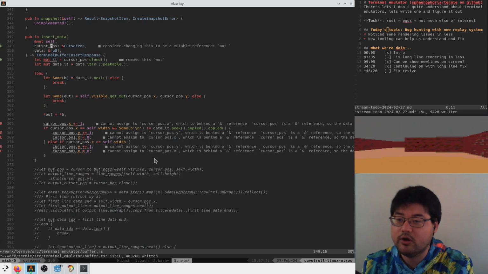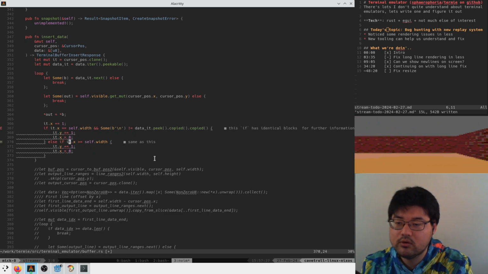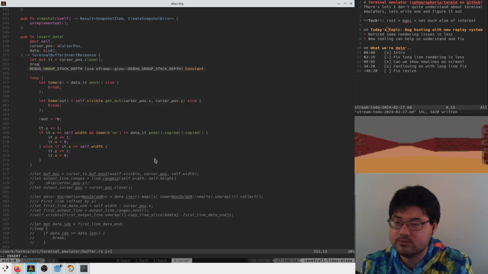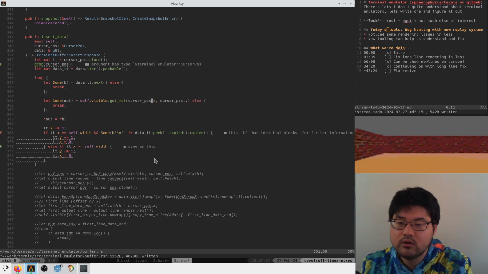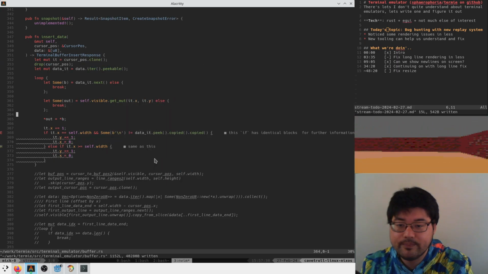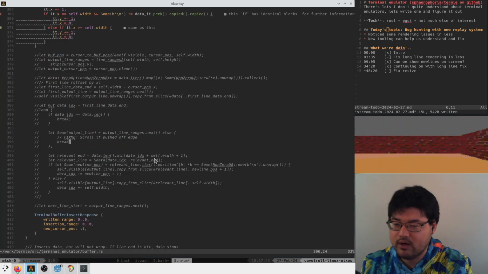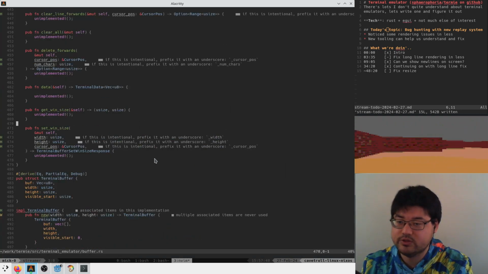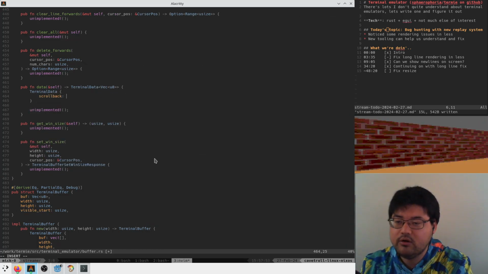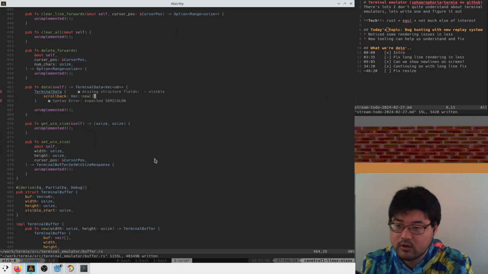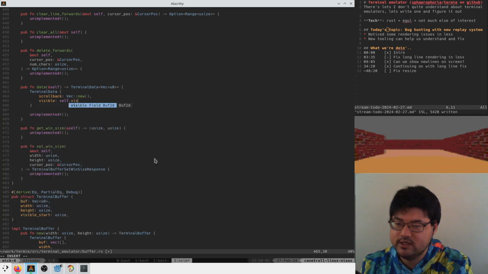And cursor pause this should be IT, not cursor pause everywhere. In fact, we should drop cursor pause here so we don't actually accidentally use it. IT, and all right, so we're compiling now. And so now when we get the data, we just return terminal data. Scroll back is empty all the time. And the visible is just going to be self visible